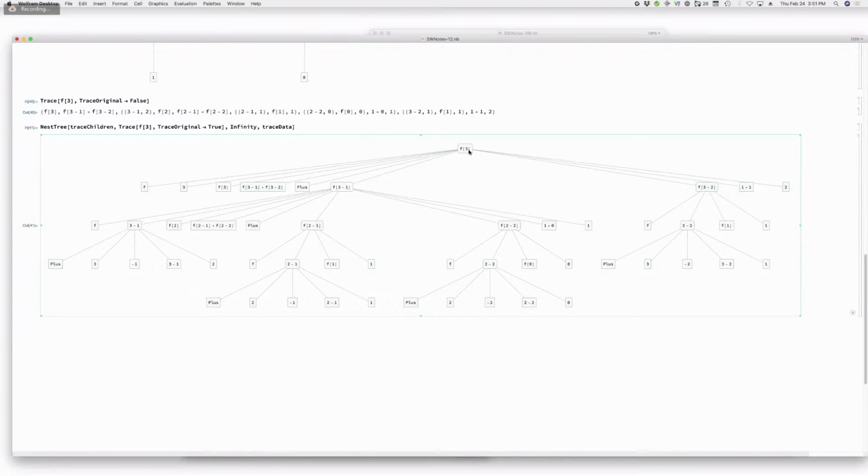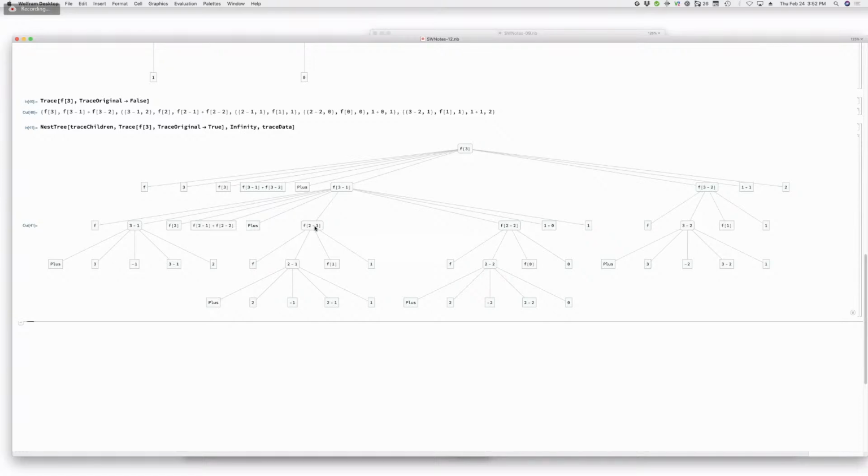So the standard evaluation procedure for an expression is to evaluate the head. I know. Then evaluate the arguments. That's what you see. So there's a child for f. There's a child for 3. But then the child for f of 3 evaluates and becomes f of 3 minus 1 plus f of 3 minus 2. But why isn't that an arc going, an edge going down? Because it's not evaluating a sub-expression. f of 3 gets replaced with f of 3 minus 1 plus f of 3 minus 2. I know, but edges going down are when you're evaluating sub-expressions.